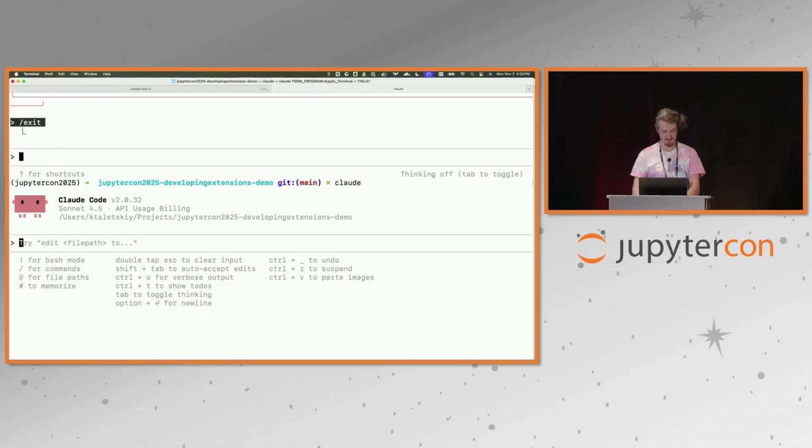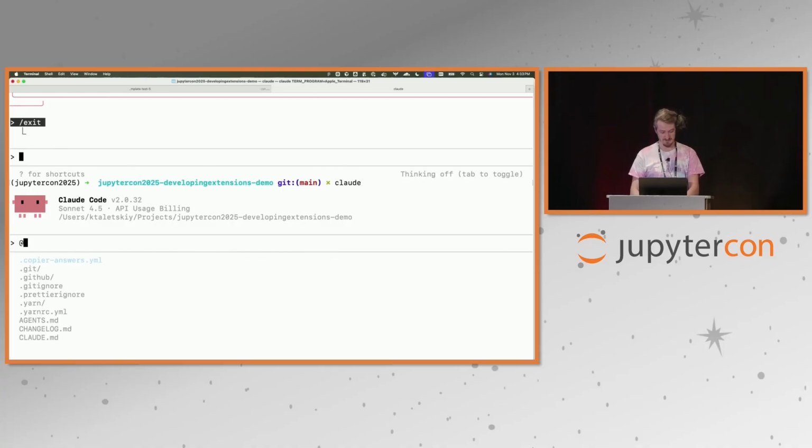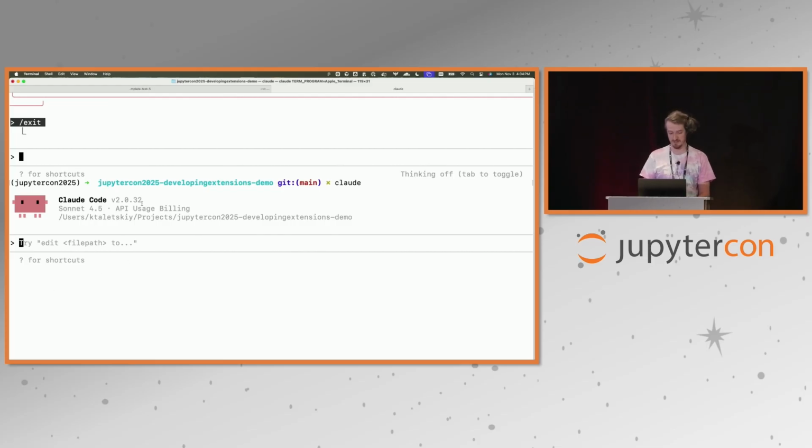Oh, and I didn't know this. It supports the @ syntax for referencing specific files. I'm going to have to use that in the future. So you can prompt Claude Code just like Cursor, and it has your entire current directory in its context window already. So because Konstantin ran it in this JupyterCon 2025 Developing Extensions demo directory, it knows about everything there. So let's